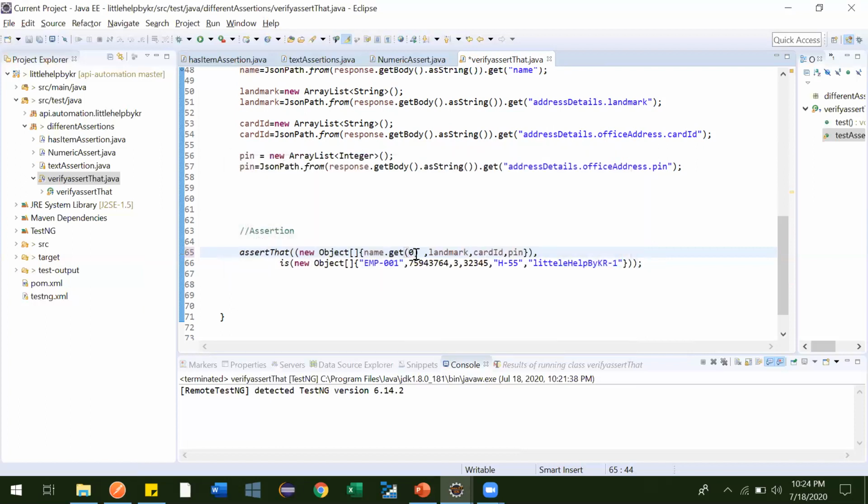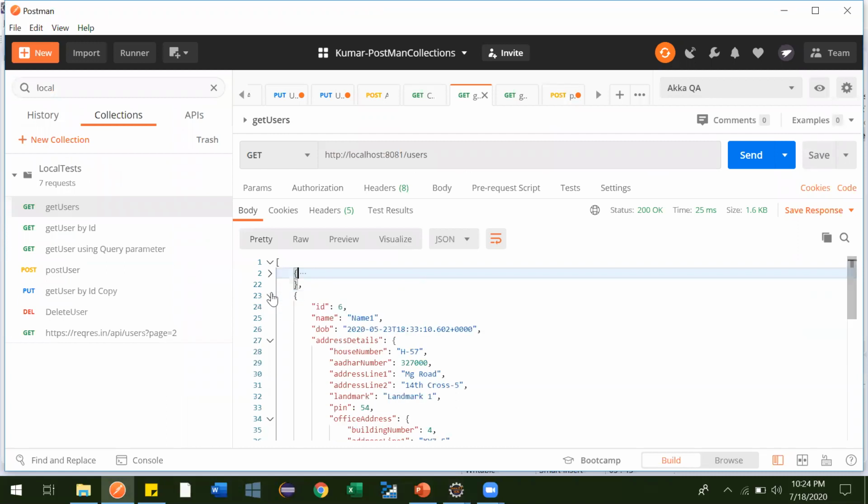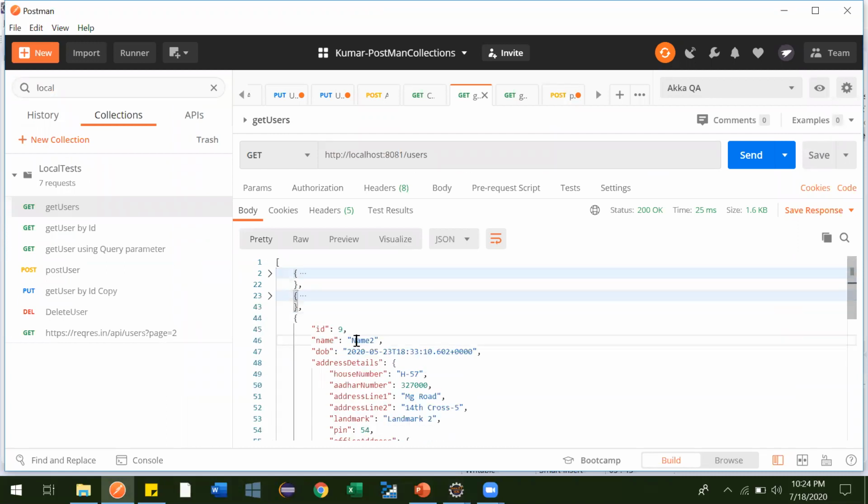It will fetch you the first value. If you do get(1), it will fetch you the second name, and if you do get(2), it will fetch you the third name.